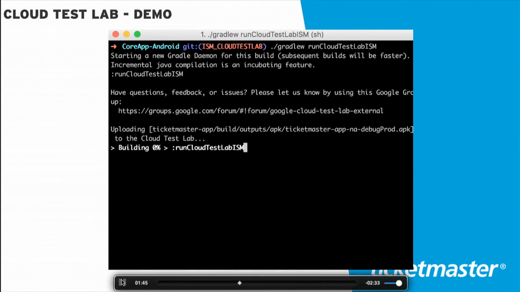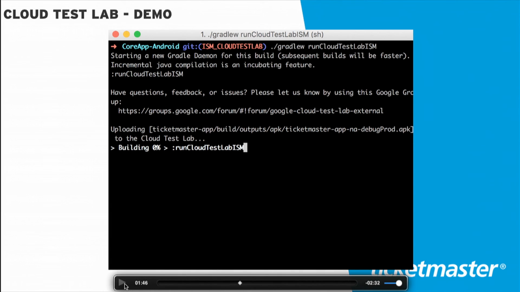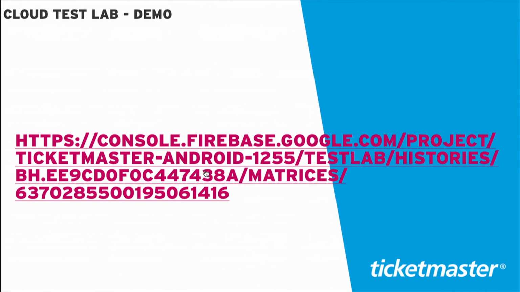So here you can see that it's uploading your APK onto the Google Cloud Test Lab. There you go. And then it will give you a URL where the results will be streaming to. So if you click on that URL,